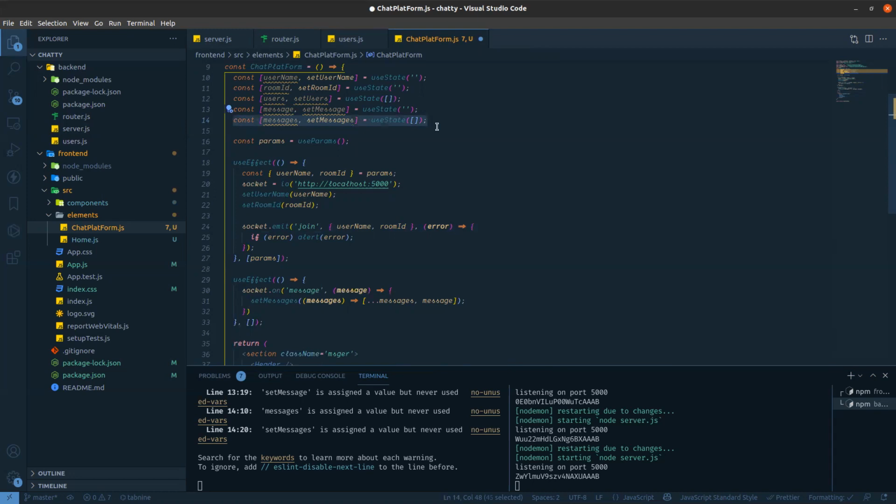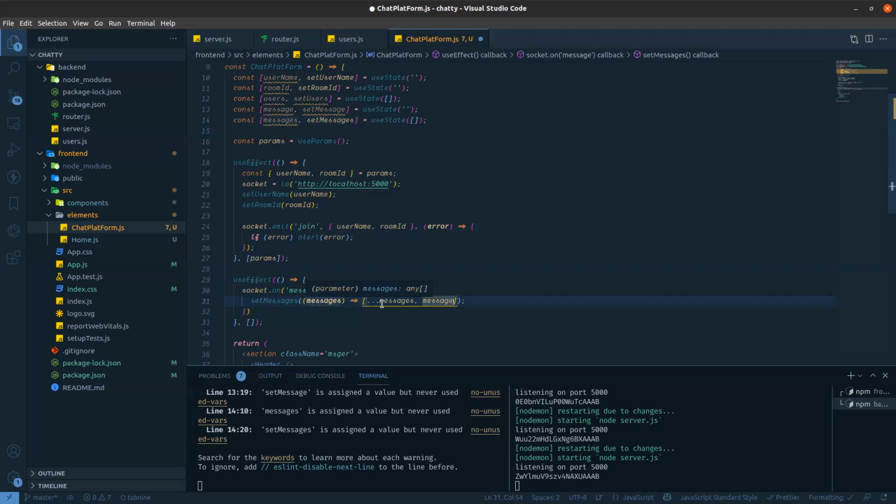Initially, the first time, it is blank. Someone writes something and it is stored in that array. Again someone writes something, and again it is stored. So the length goes 0, then 1, then 2, then 3, like that. We are already using the ES6 method for adding. So this is the messages with the previous state value, and this is the new message. With the previous messages, I'm adding the new one.